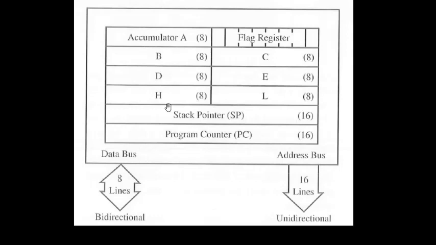Previously it showed the hardware model. Here we see the various registers of 8085. The first is register A, which is also called the accumulator. The number 8 represents that register A is 8 bits. We can store 8 bits of data in register A. Register A is very important because it is a part of the arithmetic logic unit. Almost all arithmetic logic operations are done with register A being one of the registers. Then apart from this we have other registers which I am marking now.